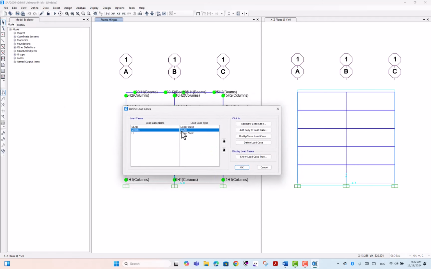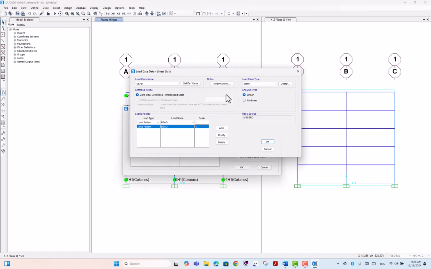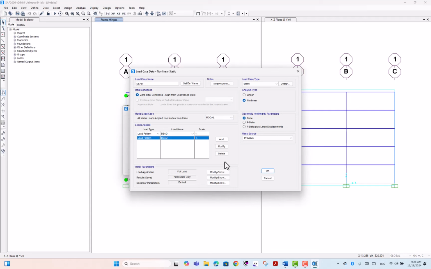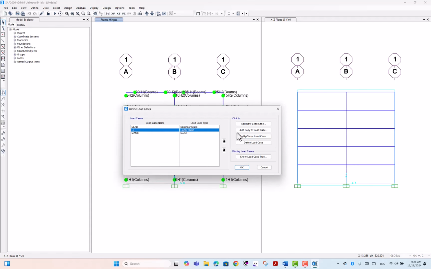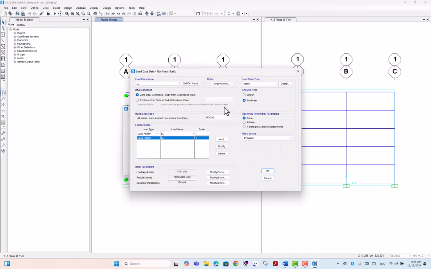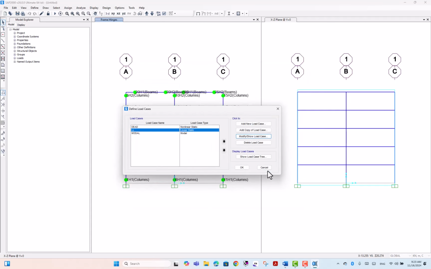The first load case is going to be the dead load. We can do this one as a nonlinear, so we're going to use a nonlinear dead load. The initial condition is nonlinear; we don't have a previous one. The second is also going to be nonlinear, and the initial condition can be from the dead load, and the model is